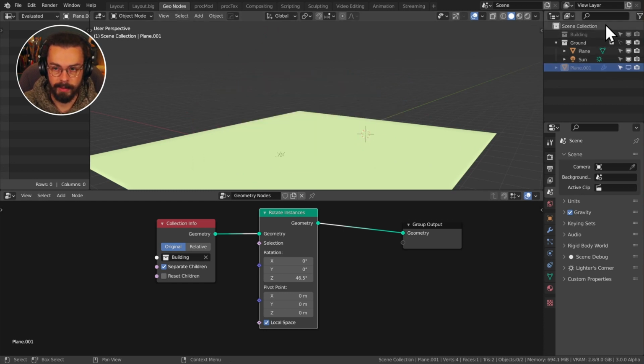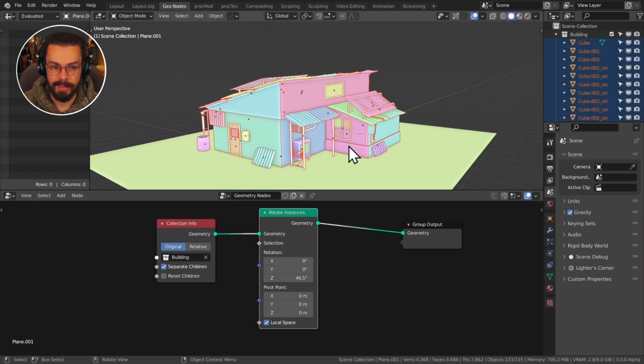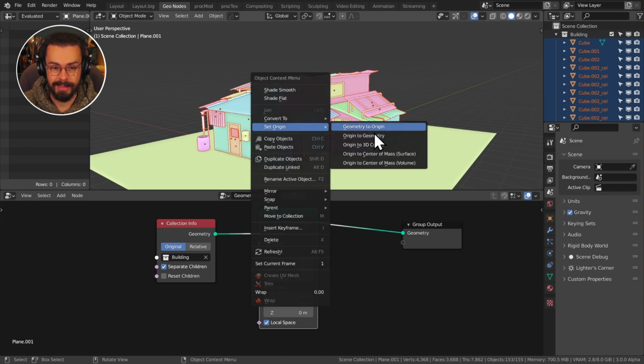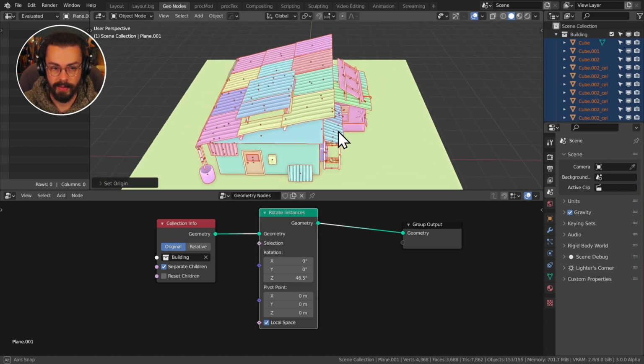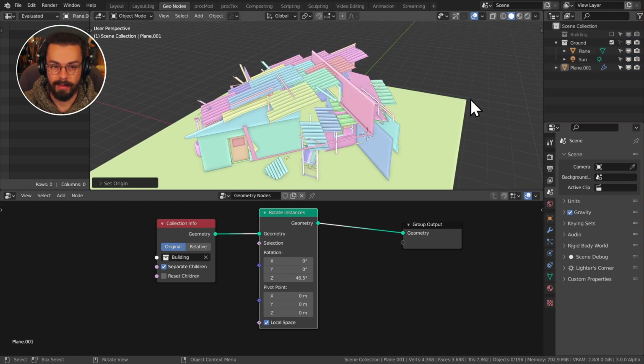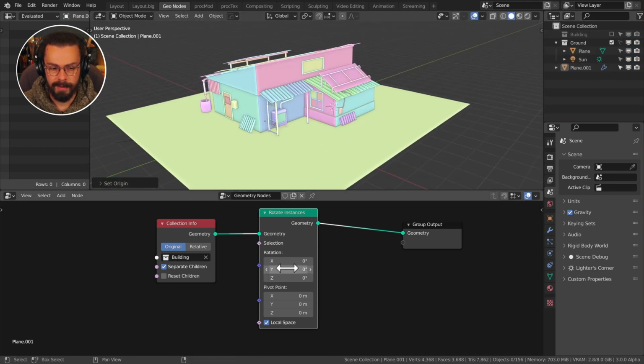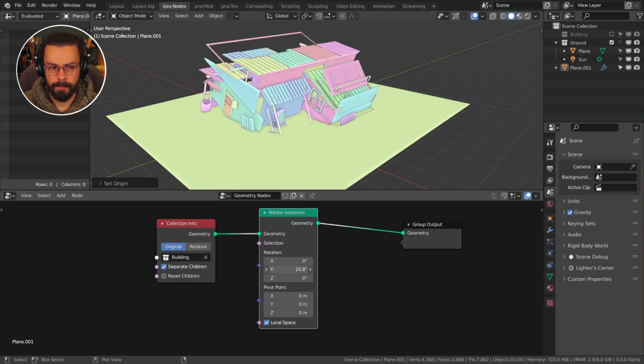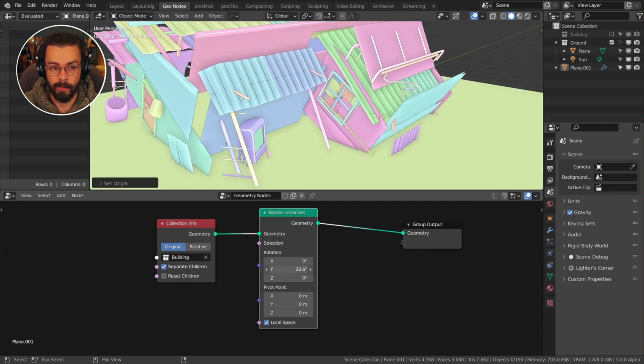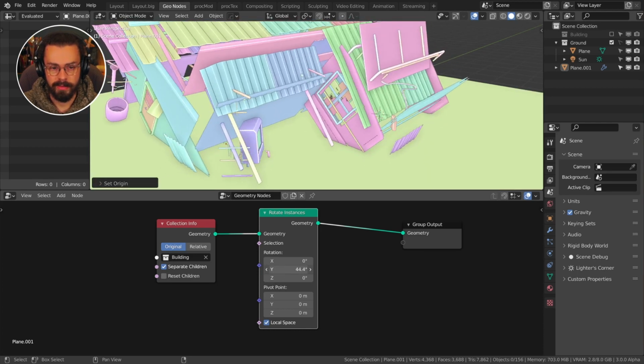So let's hide that one, reshow our building, select all, right click, set origin to geometry. And now we can see that's a little bit better spaced. Go back to our plane, and now you can see things are rotating around themselves. Now I want to have a little bit more control here. When I rotate this in the y-axis, which is what we'll be doing, you can see most of it rotates